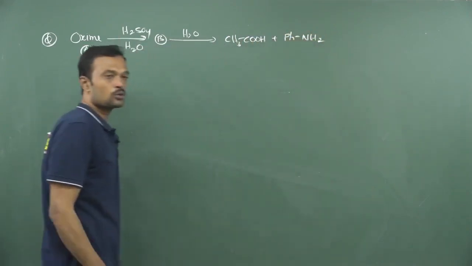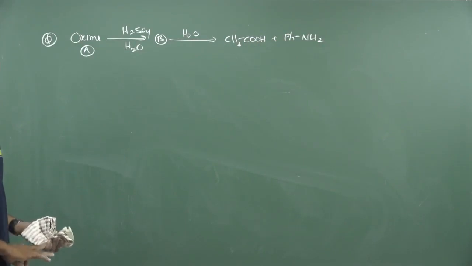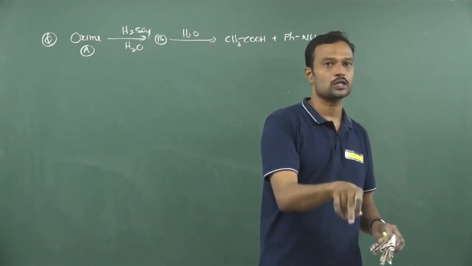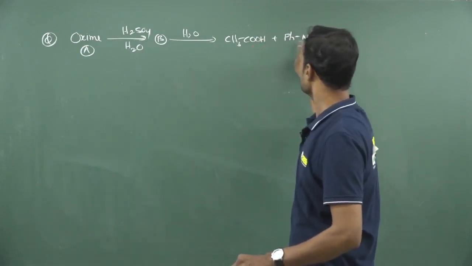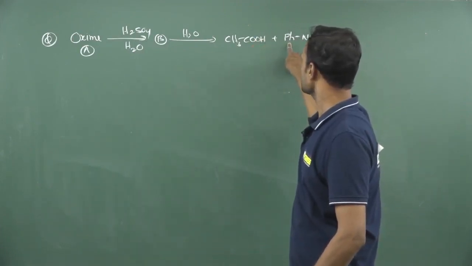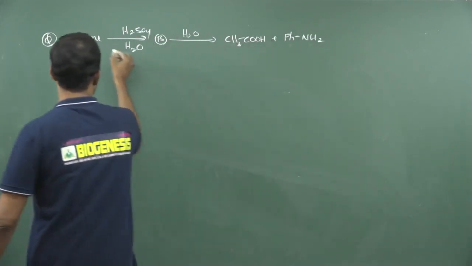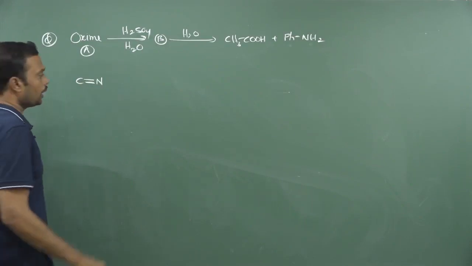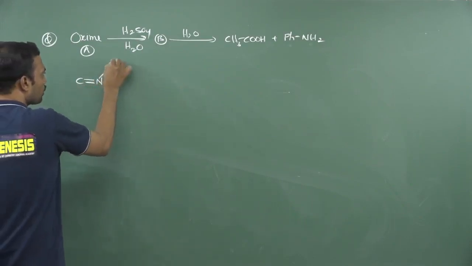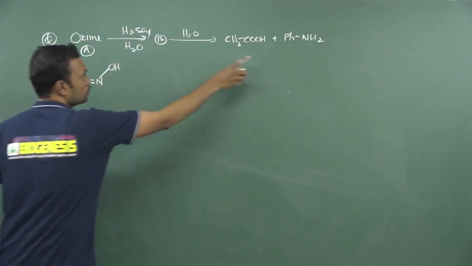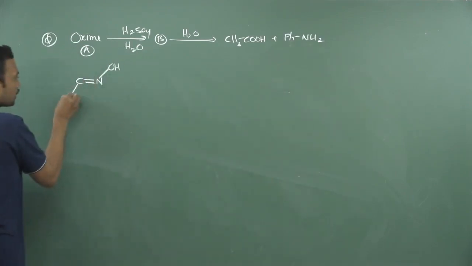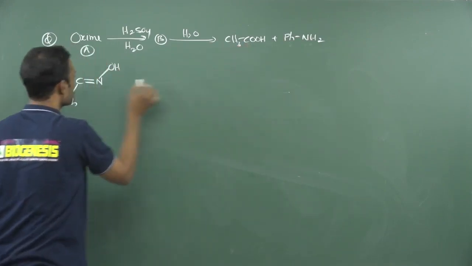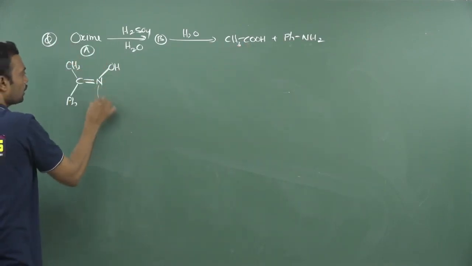Now he will ask about the structure of the oxime. See, whichever group is present on nitrogen, that group is exactly trans to the oxime hydroxyl. See, the group present on nitrogen is phenyl. So definitely this phenyl is trans to the hydroxyl. First you write down the oxime, see carbon, nitrogen, double bond. Now here you write down the hydroxy group, and the group present on nitrogen, that is phenyl, is exactly trans to it. Now which group is present on acetic acid? That is methyl. You write down this methyl over here and write down this lone pair.